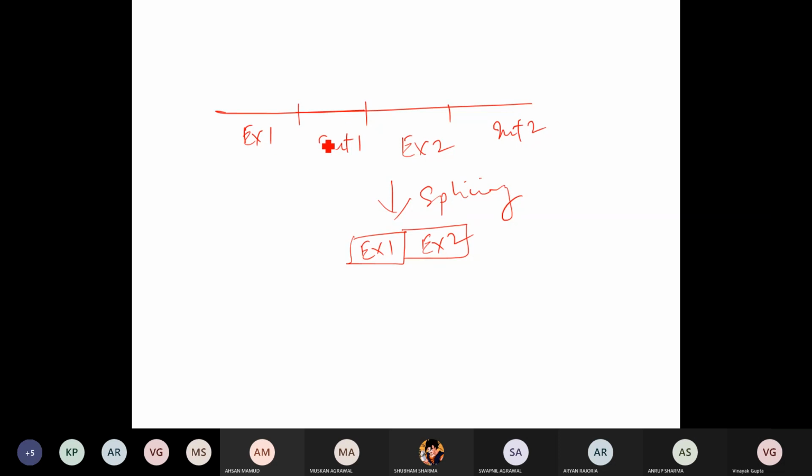And how is it going to happen? That means some sort of system is there which is going to recognize the introns. After that, if exon 3 is also there, it will also be joined. That means some sort of system is there in this splicing which is going to recognize the intron sequence, and that's why they are getting removed. So those are called splicing recognition sequences, and especially those are the border sequences which are here, and they are conserved actually.